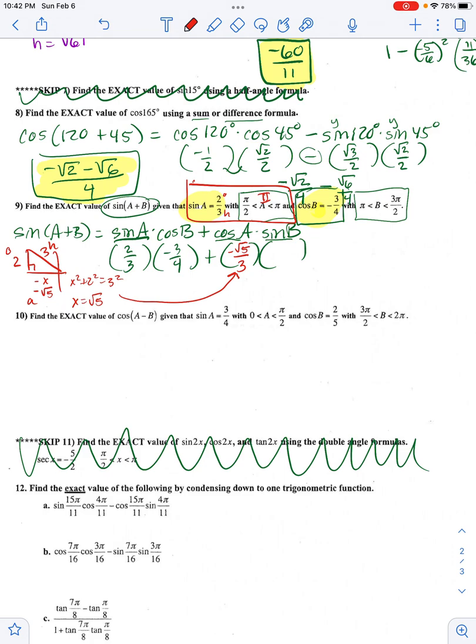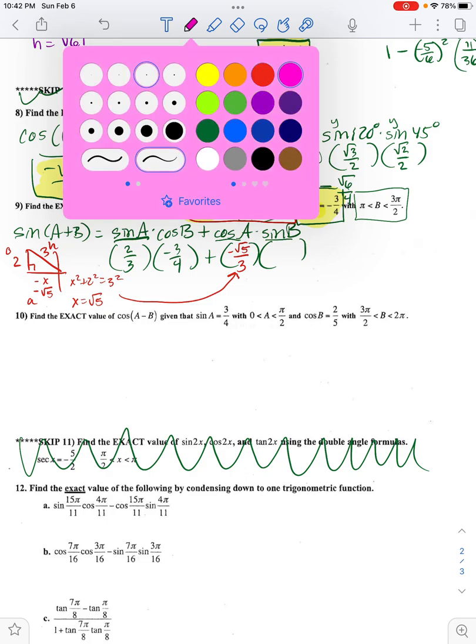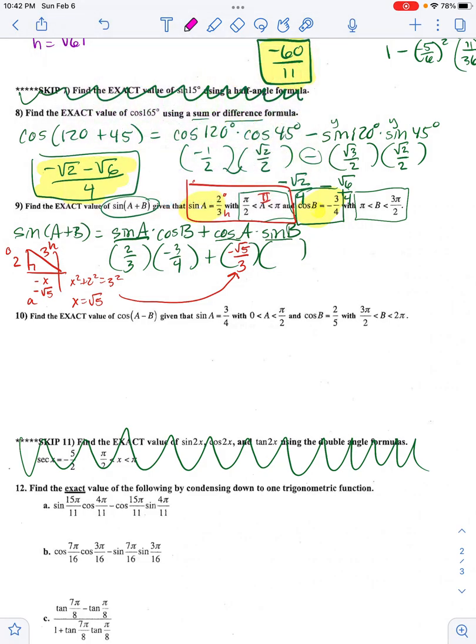So unfortunately, I have to do the same kind of thing for B. So I'm going to look over here and take my B info. In order to be in between pi and 3 pi halves, I'm going to be in quadrant 3. Cosine tells me adjacent over hypotenuse, so this is going to be 3 over 4. I'm going negative to get here, and I'm actually going to be going negative to go down into that quadrant